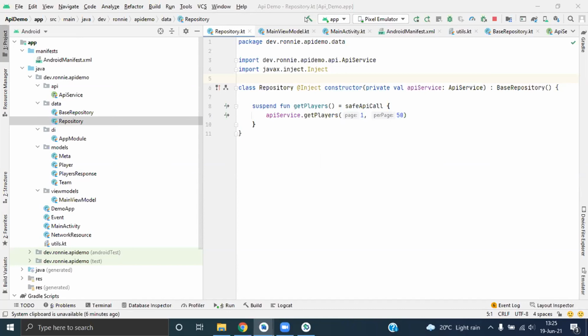So we have maybe another question from Esther. Yeah. Can the network-bound resource be used with Firebase, or is it for API calls in Retrofit? No, it can't be used with Firebase because of the way Firebase is, unless you are using Firebase as REST, that can work. Firebase has its own SDK, and there's a way to get data from Firebase. But you can also use REST with Firebase, which I wouldn't really suggest. It's not that secure, I think. That's what I read somewhere. So just use the SDK provided by Firebase.